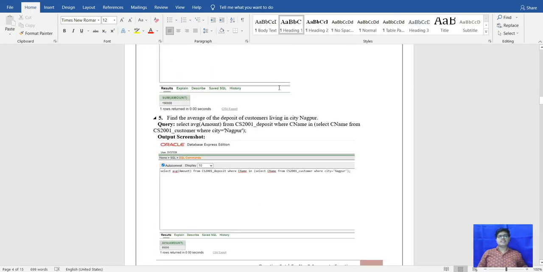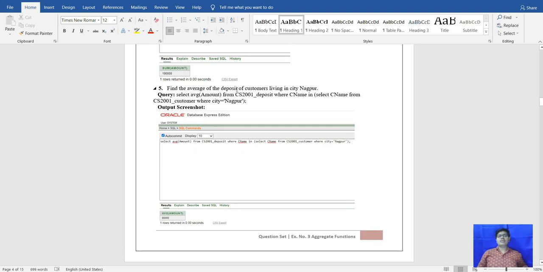Next, the question is to find the average deposit of customers living in the city Nagpur.